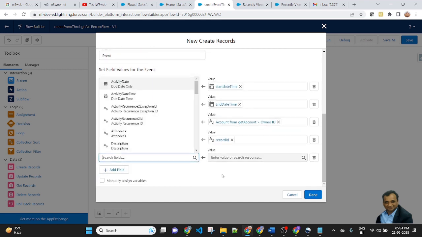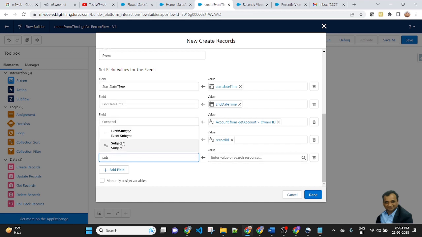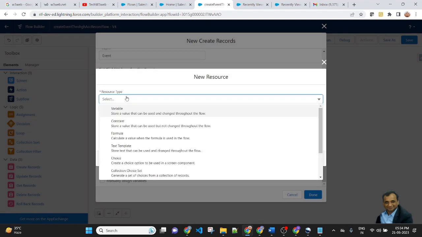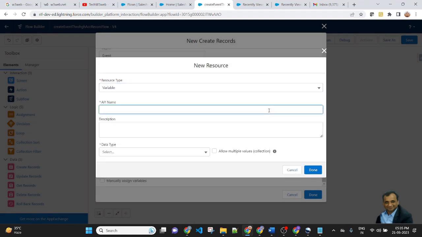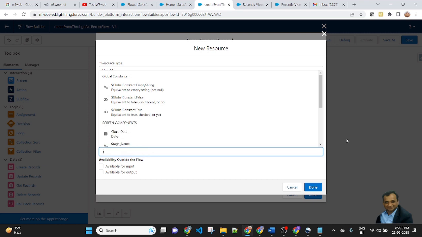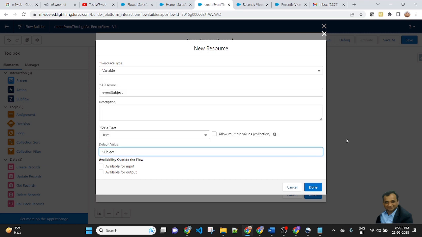After that there is the Subject field. I will pass a subject line. I am creating a subject variable: new resource, create a variable, API name event subject, and data type text. For the value, I am writing a subject for create event from account.